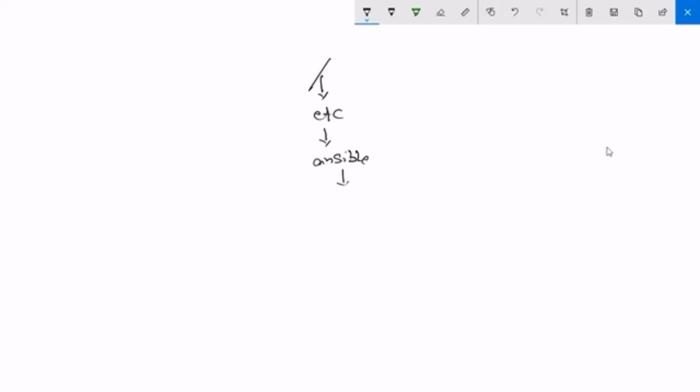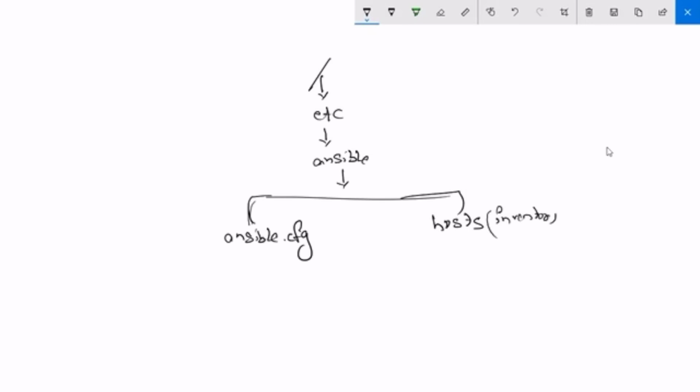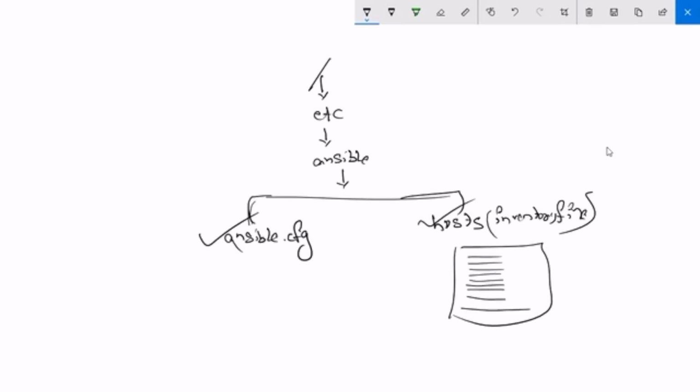Under this, you'll get two files: ansible.cfg, and another one called hosts. This hosts file we also call the inventory file. Ansible.cfg is the main Ansible configuration file, and hosts is the file where you mention the list of hosts, or nodes. These are the two important files in Ansible.